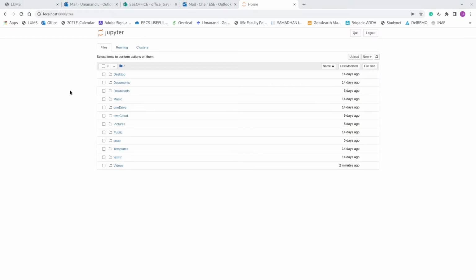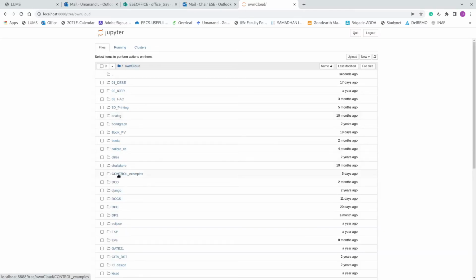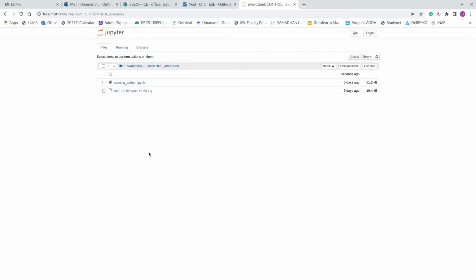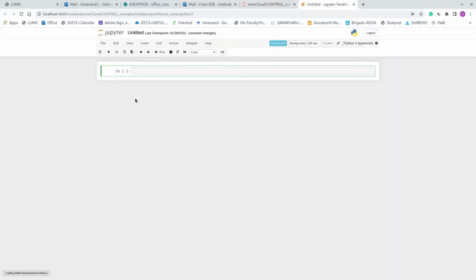I have opened Jupyter Notebook, and you see the folder structure here. I will go back to the folder where we expect our files to be, the control examples folder, and now I will open a new Python file.